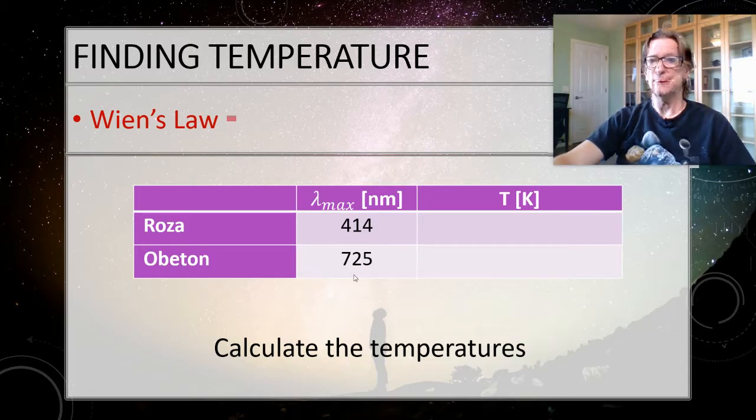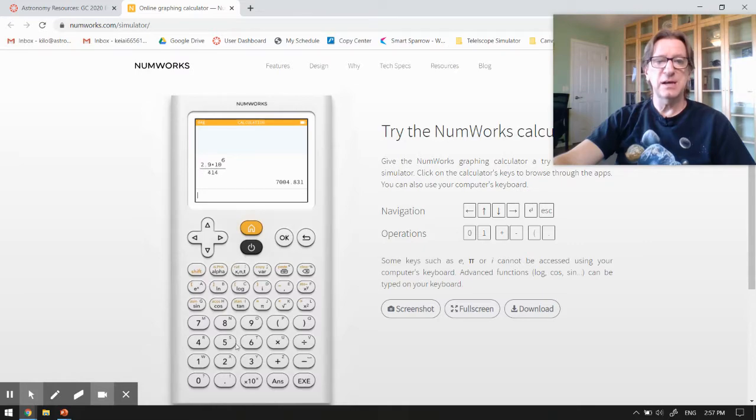Okay, back with the calculator. This is going to be exactly the same way: 2.9, then EE, EXP, x10^x, x10^n, whatever your particular calculator is, 6, and then in this one case you have to hit the right button. You may not on yours, and that's fine. Divide by, and then we said it was 725, and I'm getting 4,000 Kelvin. So hopefully that's what you're getting as well, 4,000 Kelvin.